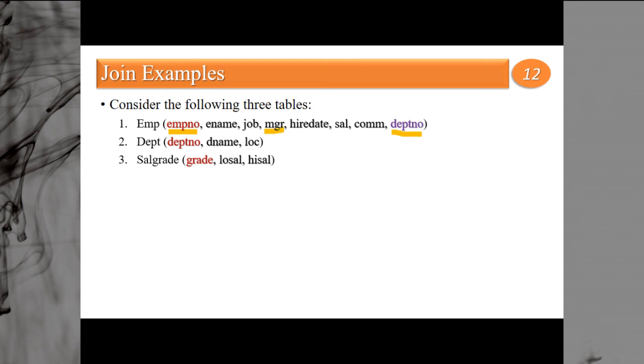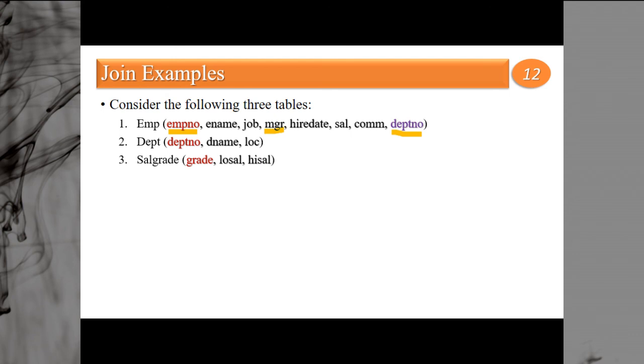Okay, a manager is also an employee, always remember. Say I am having a manager, my manager is my principal, and my principal is also an employee of Kendriya Vidyalaya Sangathan. So a manager is also an employee in turn. If you remember this thing, it will help you in self join.